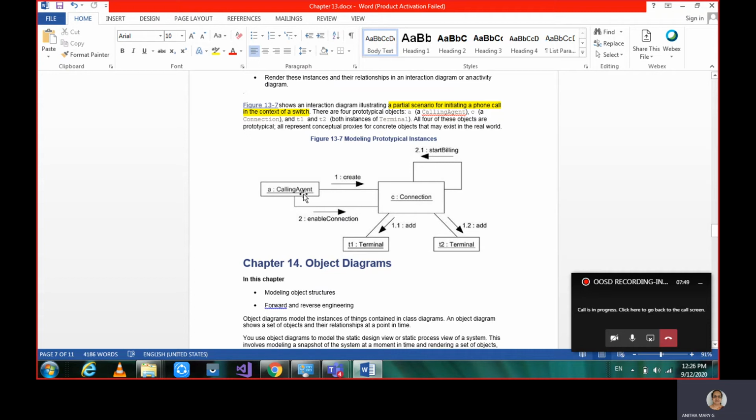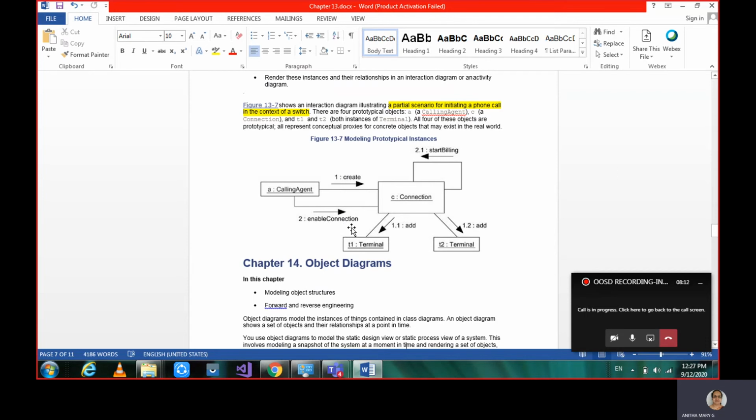This instance A creates an instance C called connection. When the person lifts the handset of the phone, he should get a dial tone. After that he is going to add the number, maybe first the STD code, then the ISD code and so on. Once that is done, it is going to enable the connection.